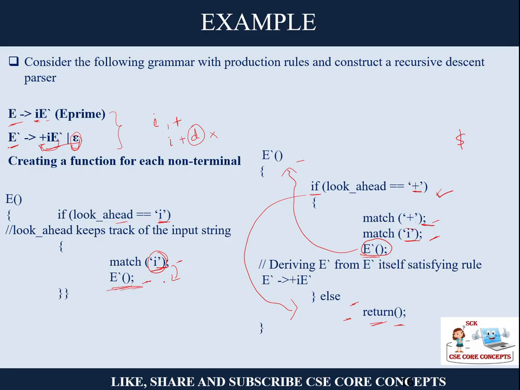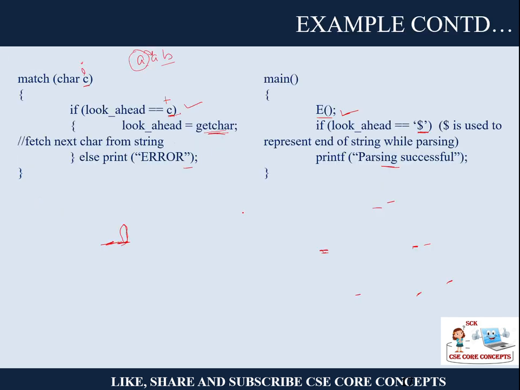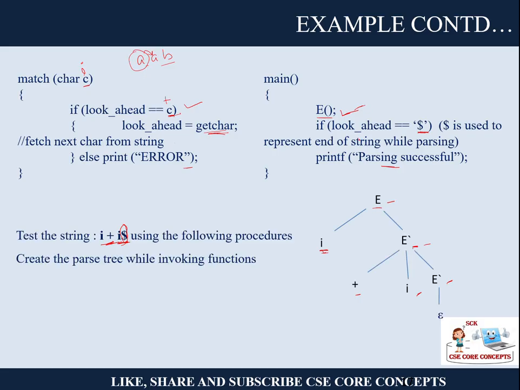After this there are no instructions. So of course the E function will return to its calling function, that is main. Right. So that is why in the parse tree you are writing E prime will take the form of epsilon in the second iteration. Now our look ahead is dollar. Yes, this time our look ahead is dollar, which symbolizes the end of the string. Hence we understand that parsing is successfully done. You can see the parse tree is generated.